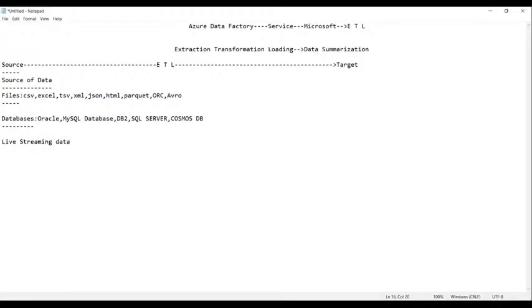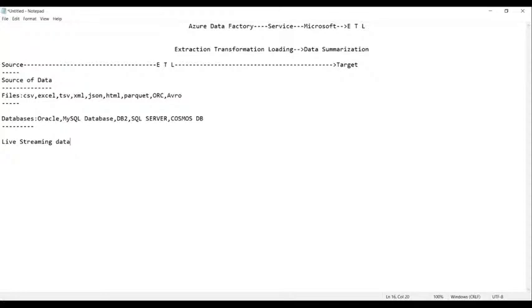So what do you mean by live streaming data, guys? Take the stock market. Have you ever seen how it works? The values change every second or every minute. The session will be live.